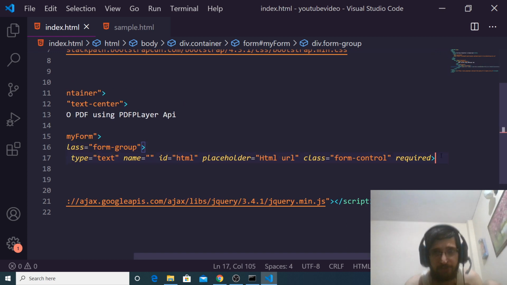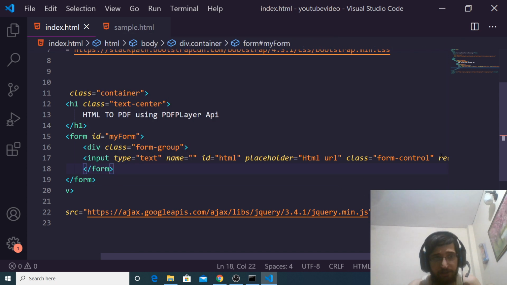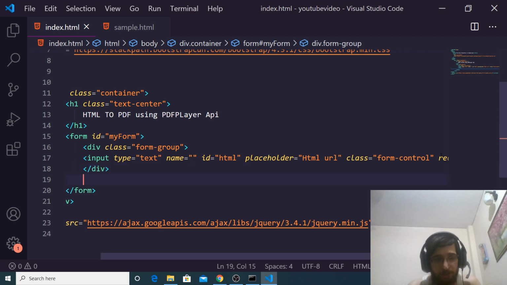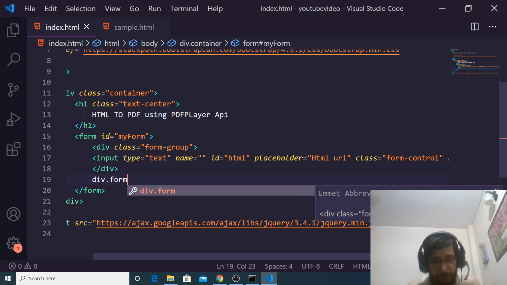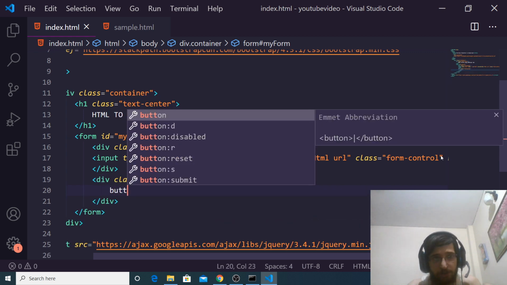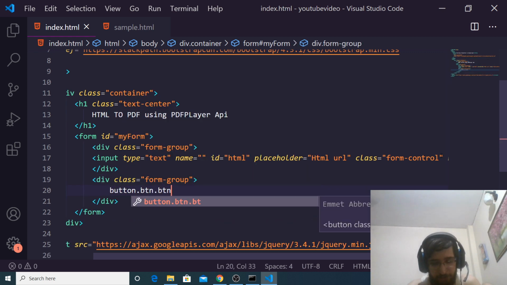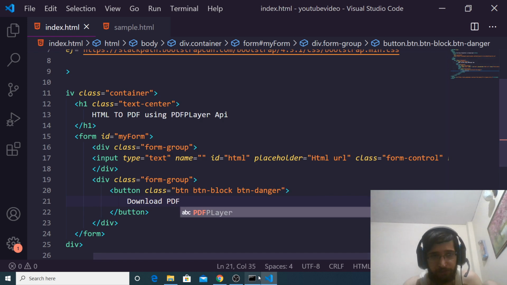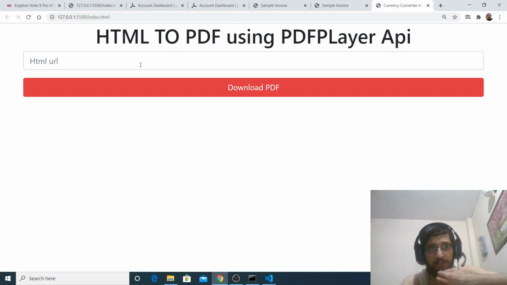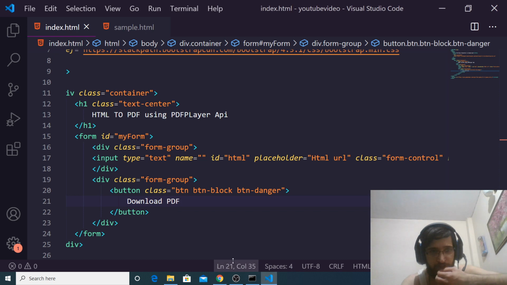After the input field ends, just close the div, and we will also have another div for the button. The button will have btn-block, btn-danger. The label will be Download PDF. If I refresh, you will see the interface is ready. Now we just need to write JavaScript code.